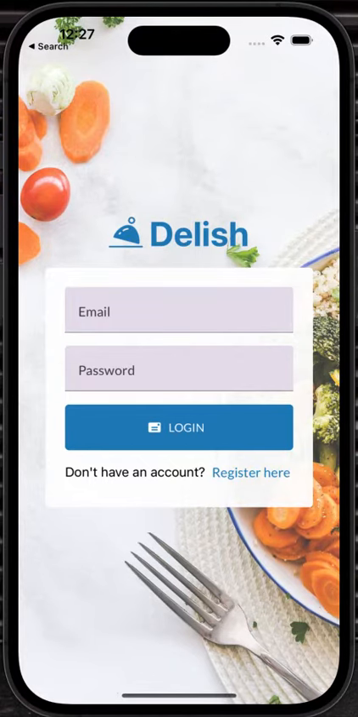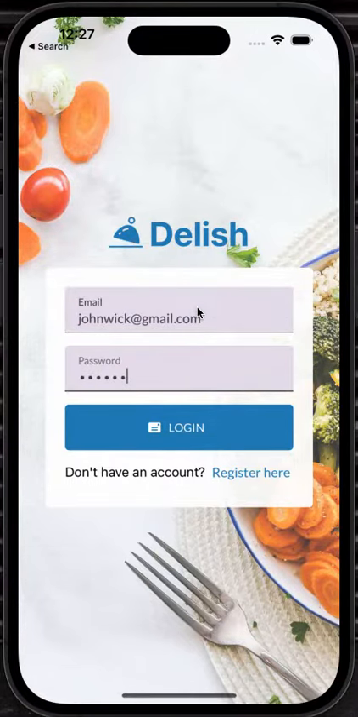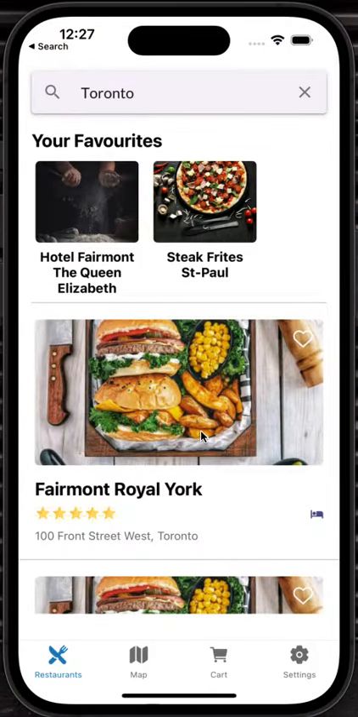an app for browsing and placing orders at restaurants. So let's go ahead and sign in. And the authentication is going to be performed by Firebase. So as you can see, upon successful sign-in, we are presented with a list of restaurants, and we have a